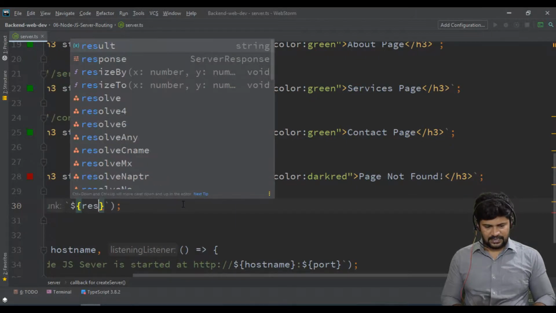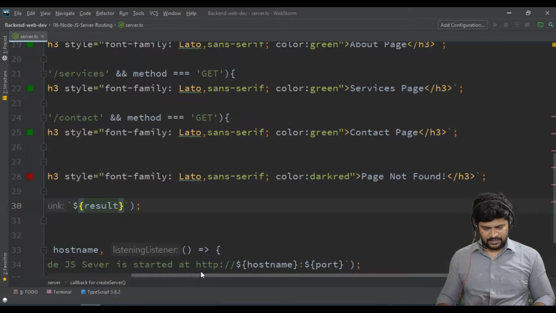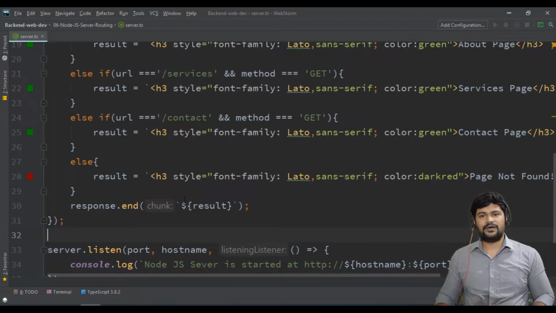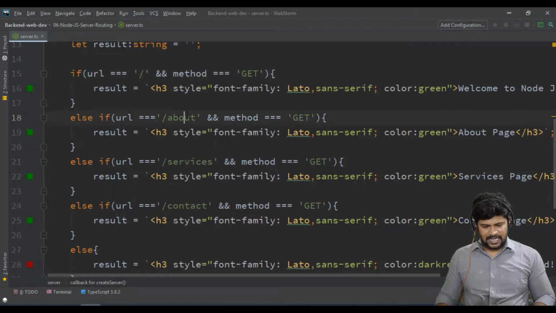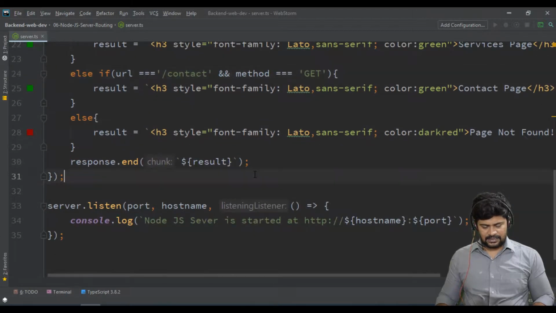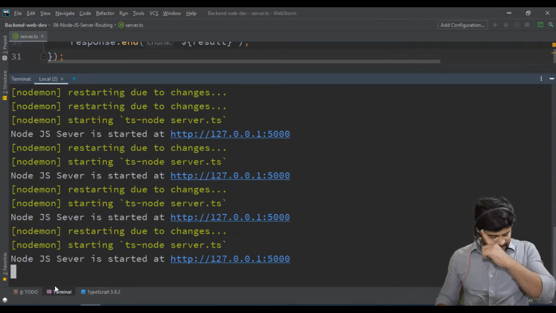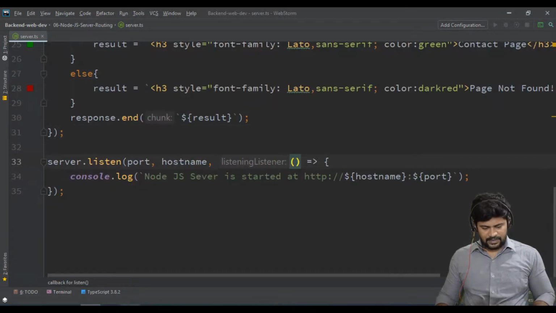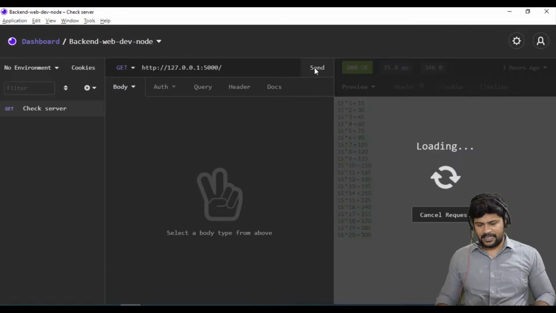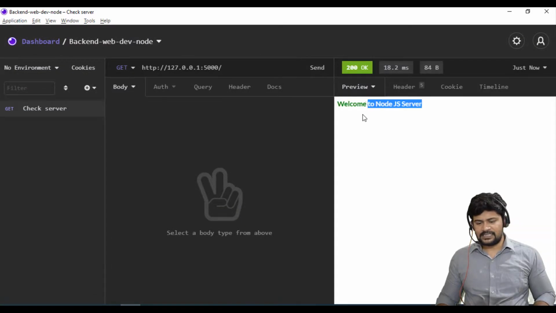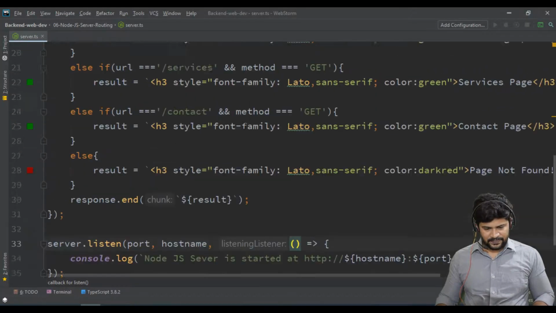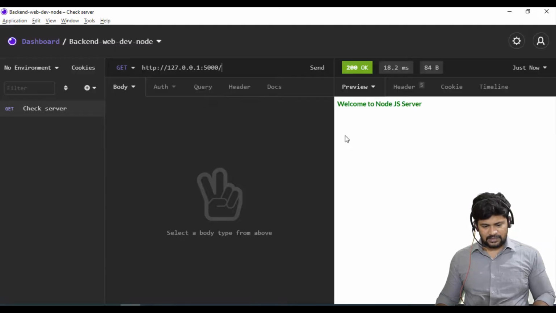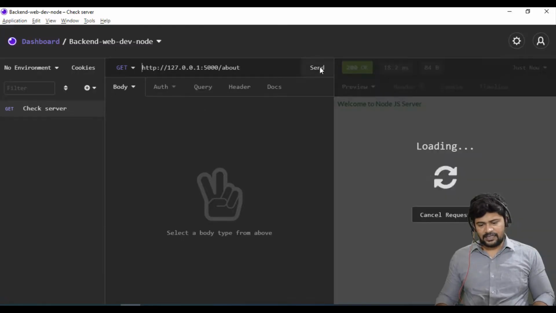So let's say result. Okay, fine. This is how you make routing here: slash about, services, contact and nothing. So let me test this out. Let me go here, see the server has started. I go back to my client. If I send the empty request, see, welcome to Node.js server. Now when I say slash about and click on send,